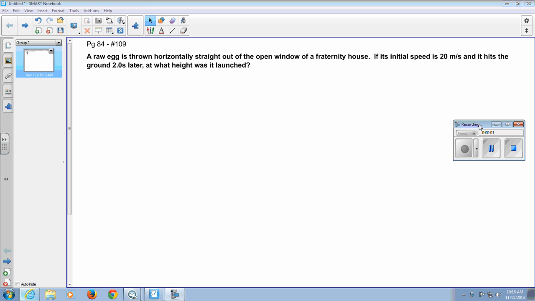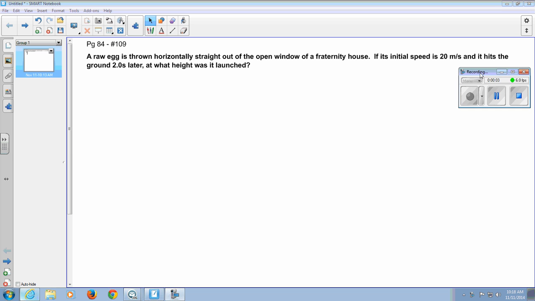To do a half parabola projectile problem. We have a raw egg thrown horizontally straight out of the open window of a fraternity house. If its initial speed is 20 meters per second and it hits the ground 2 seconds later, at what height was it launched? So if we drew a picture,